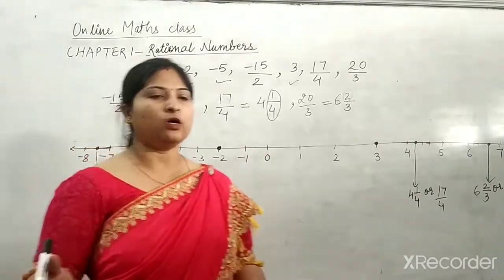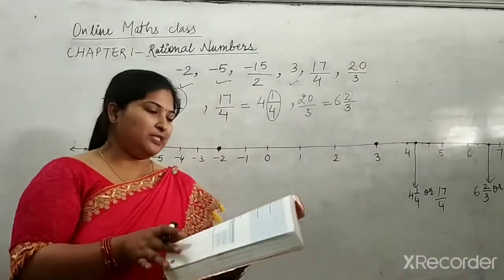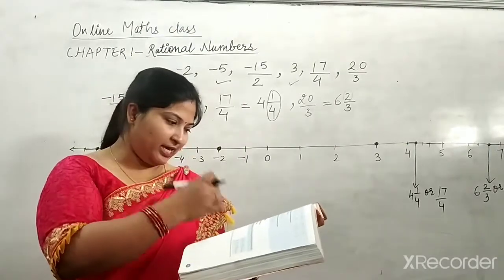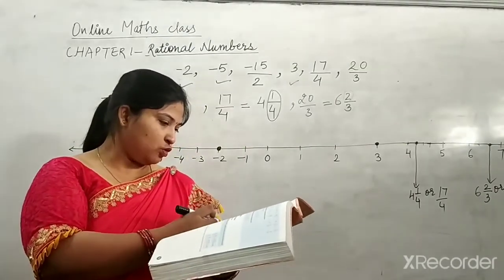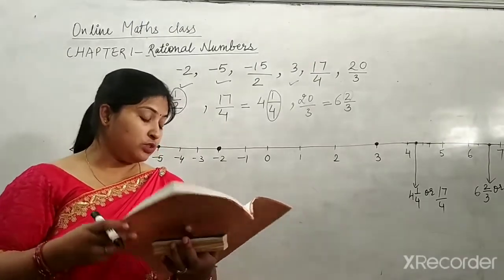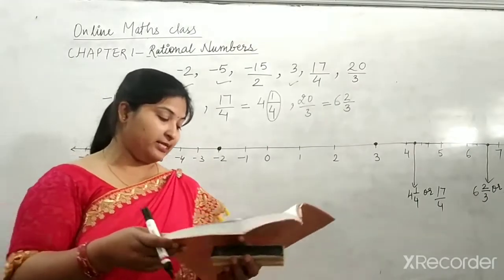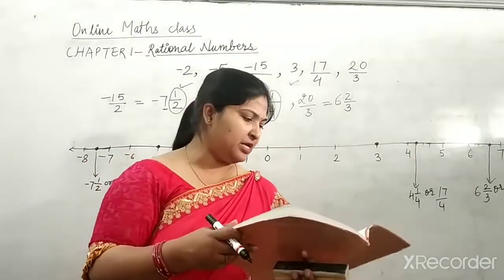You can open the book, and this kind of question is there in the book, in Self Practice 1A, that is question number 5. Question number 5 is just the same. Using the number line shown below, fill in the blank. You have to put the sign of greater than and less than. You can check it. It is very easy.